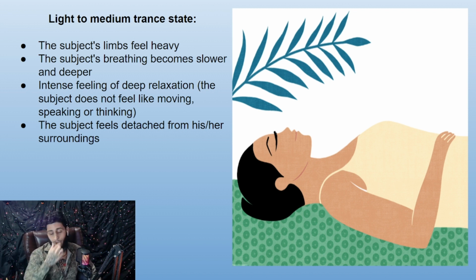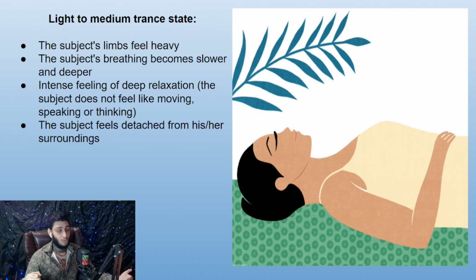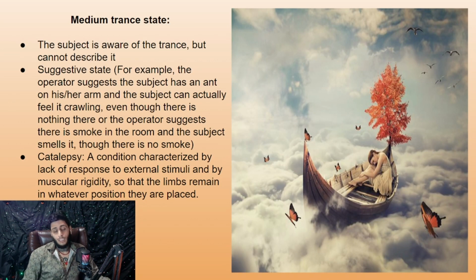So now when we have the subject in this sort of trance state, this is where we can really mesh new ideologies in. We can use and control them in a much easier way when they're in this light to medium trance state, because now they are detached from the physical body. They are sort of in an astral projection form when they are not feeling the physical plane. They're still awake, but they are in a very deep relaxation with the alpha waves intact, sort of almost connecting into theta waves.